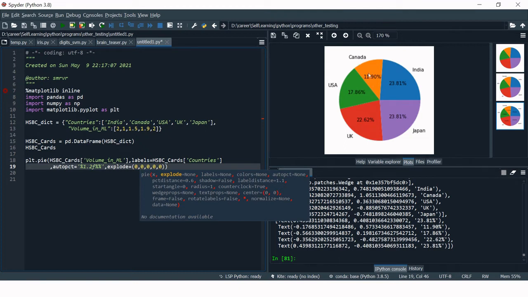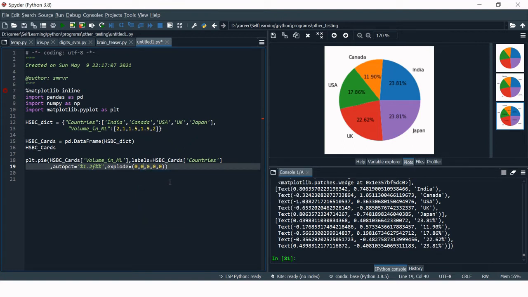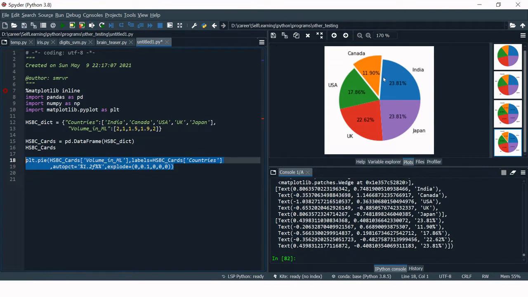Now you want to separate Canada. This is the smallest number. You want to separate this. Look here, Canada is the second element. So come to the second 0 and put some value like 0.1. I'm going to put 0.1. Then you can just select this and click the run button. You can see Canada is separated, this slice is separated.